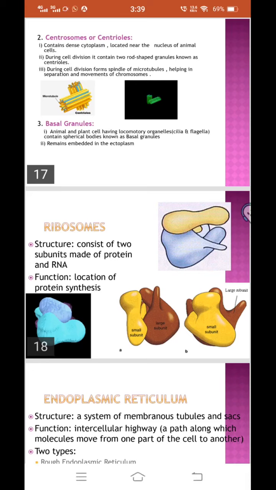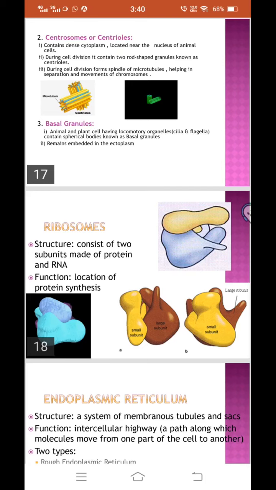ठीक है, तो ये हमारे chloroplast और cytoplasm में present होते हैं ribosomes, and this ribosome was first noted in the plant cell, and the persons who first came to know about the ribosome were Robinson and Brown in 1953. Okay, तो plant cell में 1953 में Robinson and Brown ने ribosomes को discover किया था, and in the animal cell Palade was the person who discovered the ribosome in 1955. So these are dense, rounded and granular particles, okay, which are responsible for the synthesis of the protein.